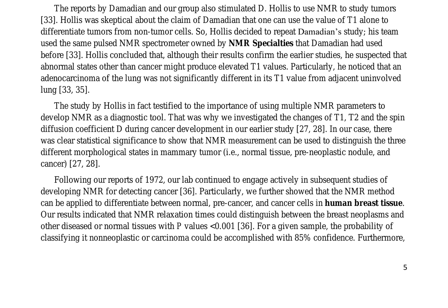These pioneering efforts established the foundation for NMR-based cancer detection, focusing on relaxation times, tissue differentiation, and nuclei distribution. The research paved the way for further investigation into NMR's potential as a diagnostic tool, with significant implications for early cancer detection and treatment. The development of magnetic resonance imaging, or MRI, is a prime example of the significant impact